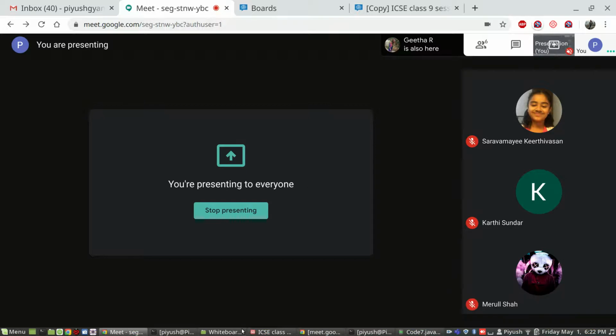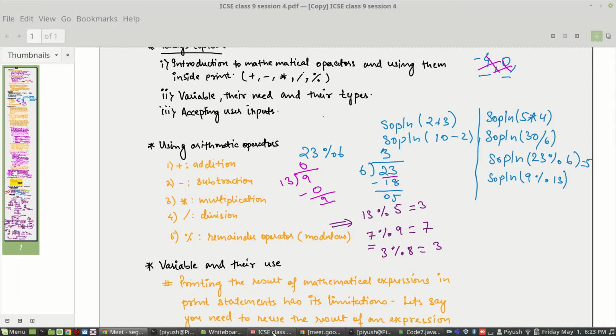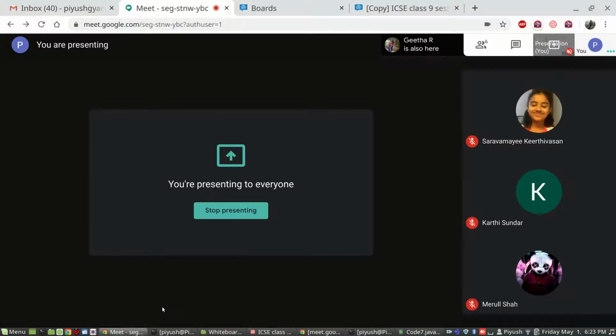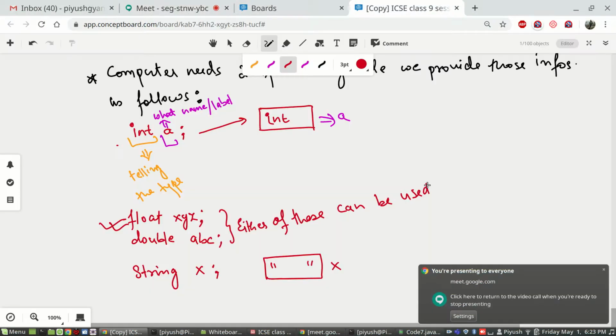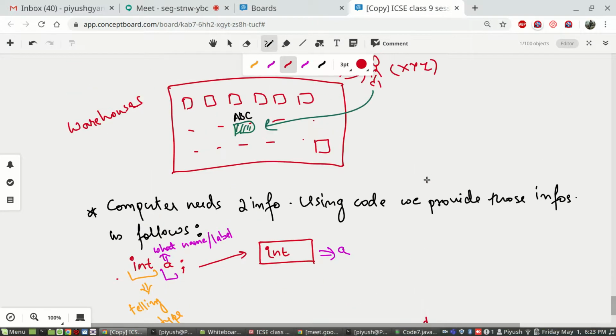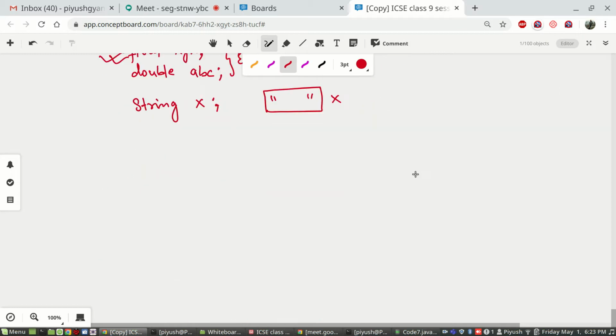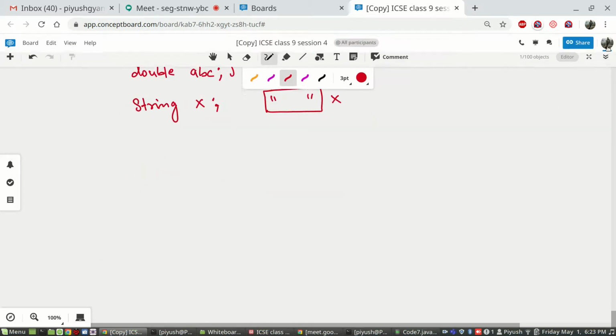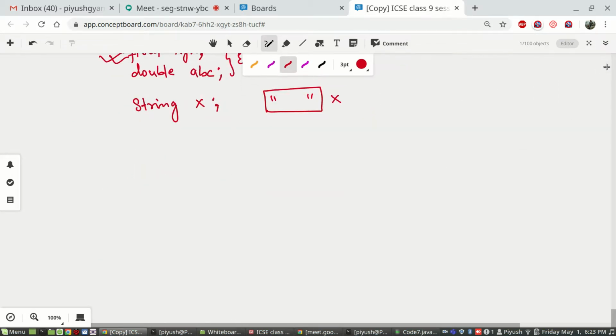Now what we are going to do is, we have got the memory block for saving the value. Now the value we have to put, how do we put the value inside it?